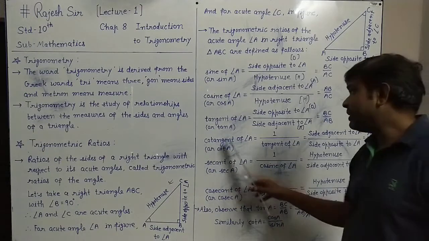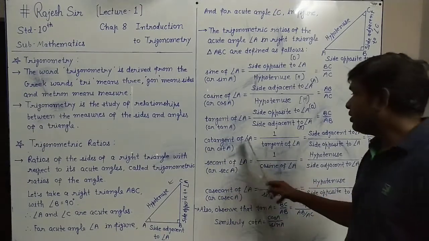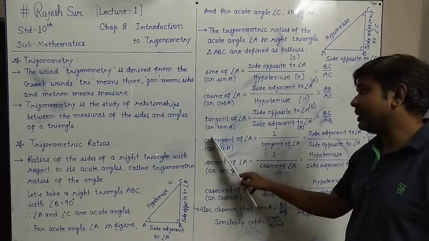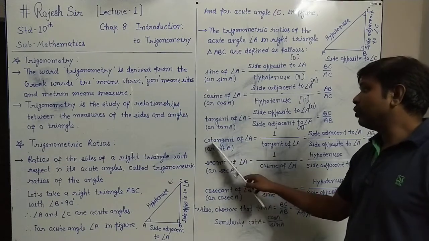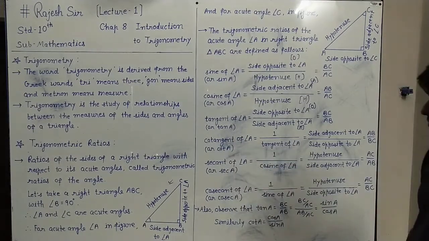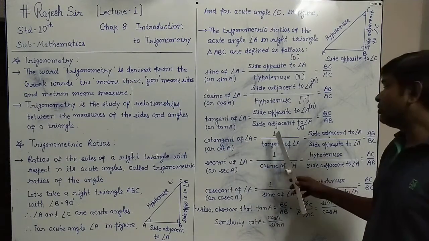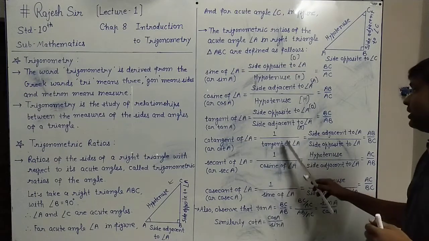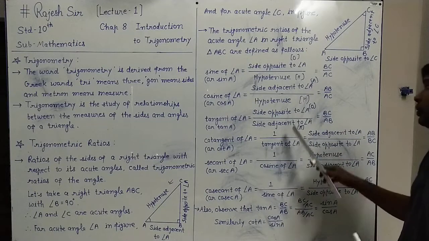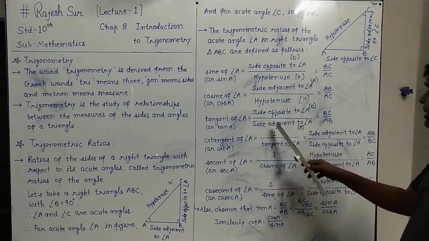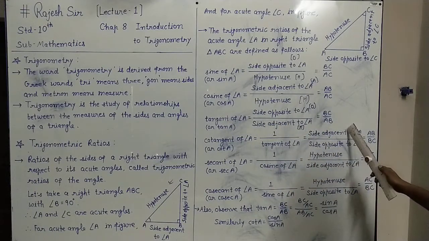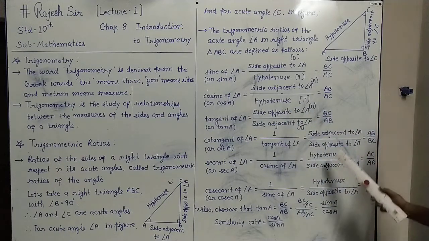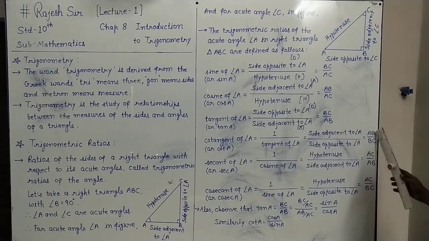Fourth is cotangent of angle A. Cotangent of angle A is shortly written as cot A, three letters, and because it is cotangent, it is the inverse of tangent. So 1 upon tangent of angle A, that means inverse or reciprocal of tangent A. Side adjacent to angle A will be up and side opposite to angle A will be down. It's reverse, it's inverse. So it is BC upon AB, in case of that AB upon BC.